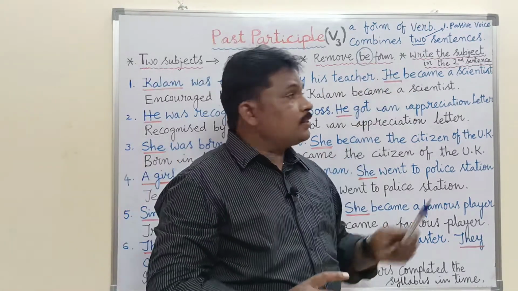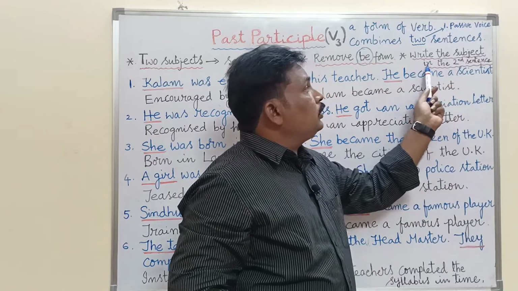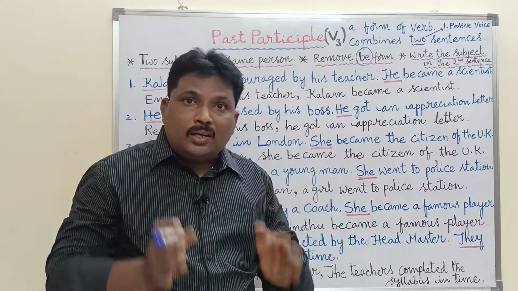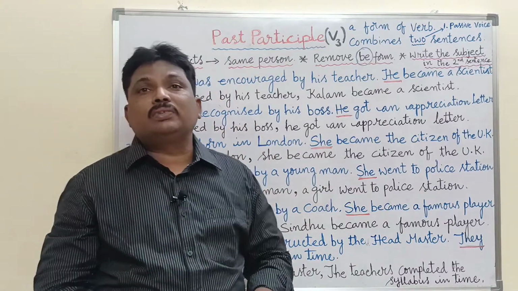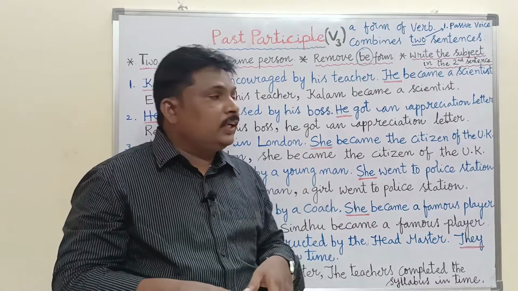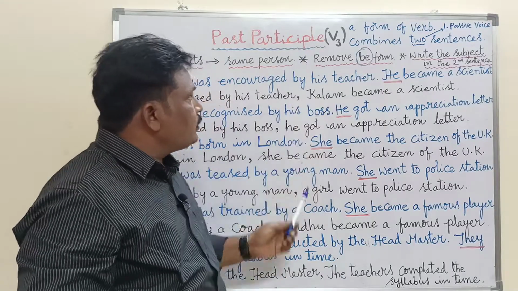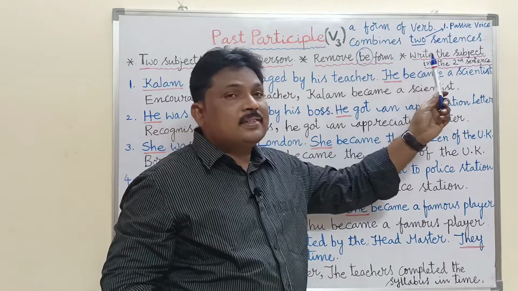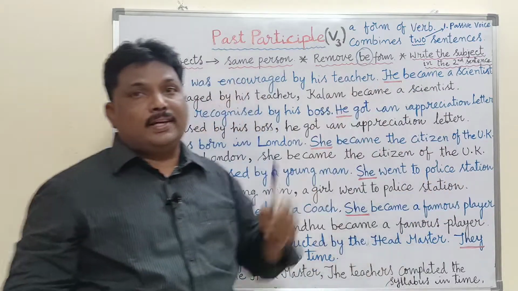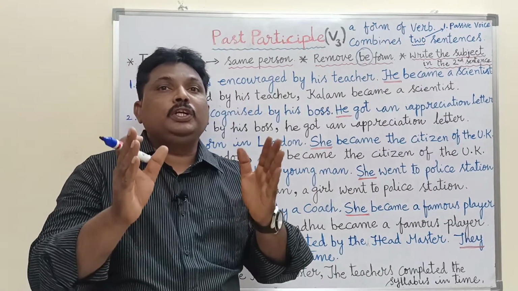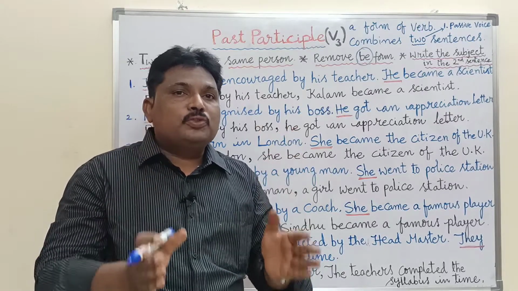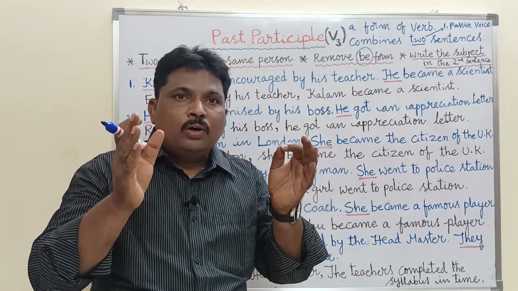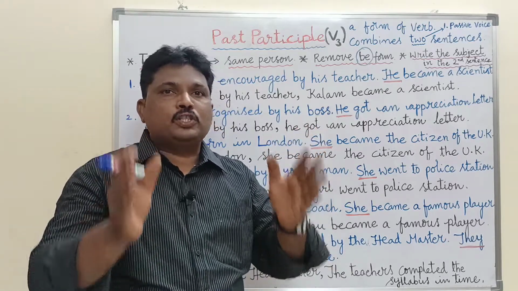And the third one is, write the subject in the second sentence. So don't start the answer with the subject of the sentence. Instead of that, you start the answer with V3 and write the subject of the first sentence at the beginning of the second sentence. These are the 3 points you need to remember. If you observe carefully these 3 points, then you have understood the topic past participle.